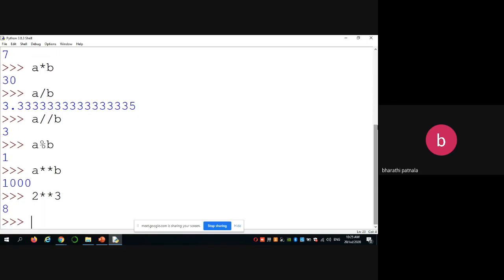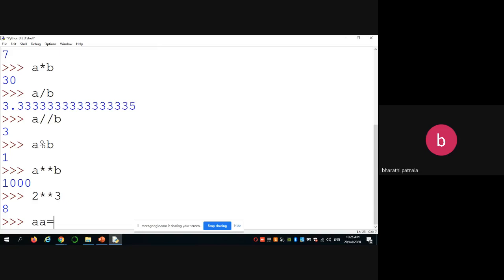Okay, so all these are arithmetic operators used in Python: plus, minus, star, floating division, floor division. This is called floor, F-L-O-O-R, rounding down of the value. That means you are retrieving the quotient, modulus, and power value. Okay, next coming to assignment operators. So assignment operators we are using.